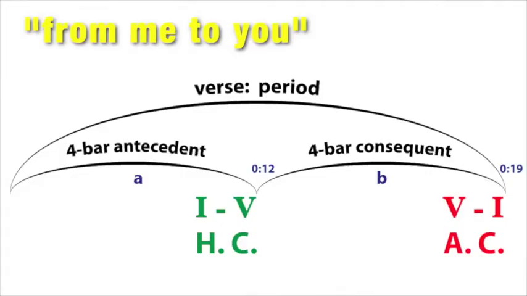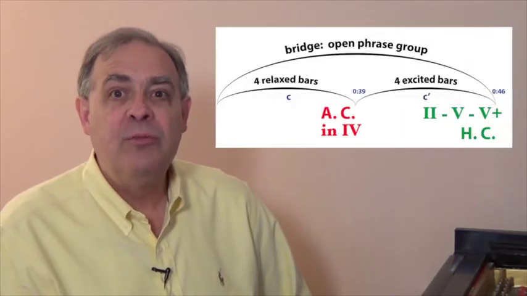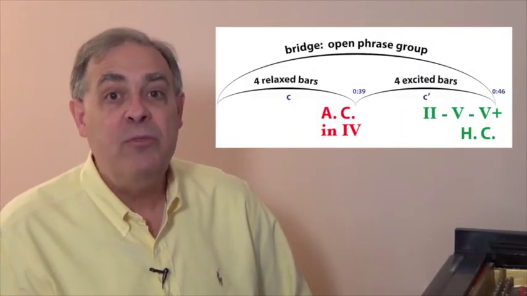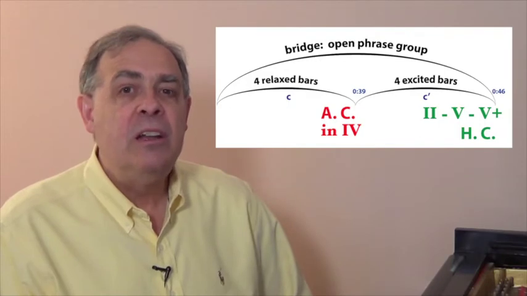The lyrics fit the musical sense. The first antecedent phrase raises the question of what the listener wants. The second consequent phrase answers the question with the singer promising to send along his love. The two phrases together form a satisfying period. The song's middle section, on the other hand, forms a different sort of open-ended phrase group by ending on an unresolved dominant harmony, and we'll take a closer look at that in a minute.